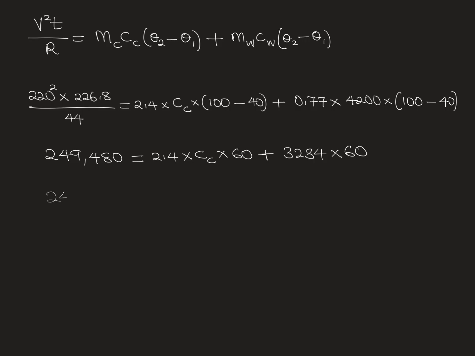So we will have 249,480 is equal to 2.4 times 60, which is 144, multiplied by the specific heat capacity of the copper calorimeter. So which means we will have 144 cc plus 3,234 multiplied by 60, which is 194,040. Collecting like terms, this should be